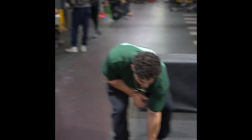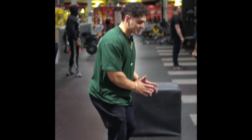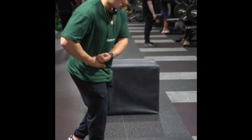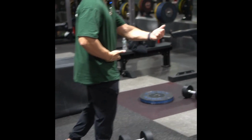Now, as we sit into position, I like to think about taking this back leg that I'm going to be using and putting it right behind my heel, to the side of it, all right? Now, as I sit back, I like to think about treating this hand right here as a chopstick onto my hips, chopping those hips back, slight amount of knee bend, and pushing myself back, and then driving forward with those